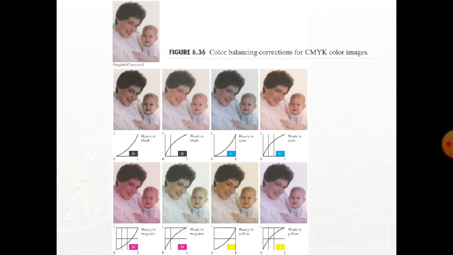This figure shows the transformations used to correct simple CMYK output imbalances. Note that the transformations depicted are the functions required for correcting the images. The inverses of these functions were used to generate the associated color imbalances. Together the images are analogous to a color test print of a darkroom environment and are useful as a reference tool for identifying color printing problems. Note for example that too much red can be due to excessive magenta or too little cyan.